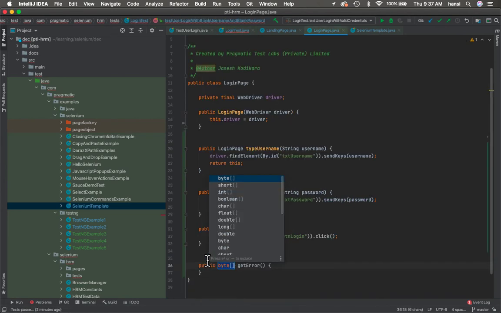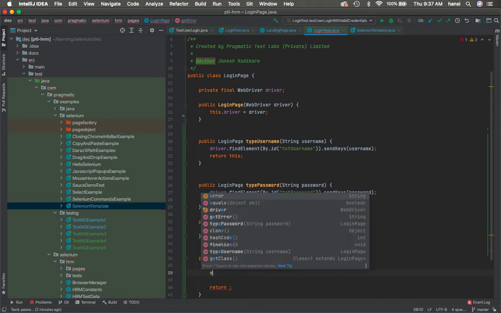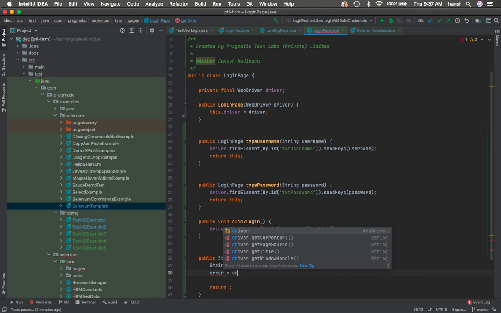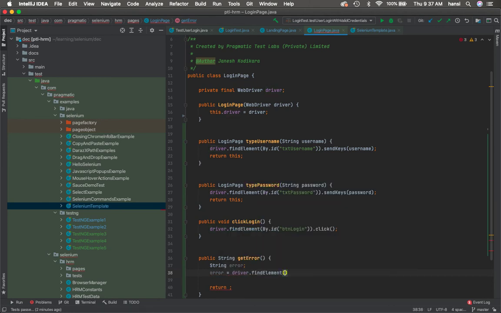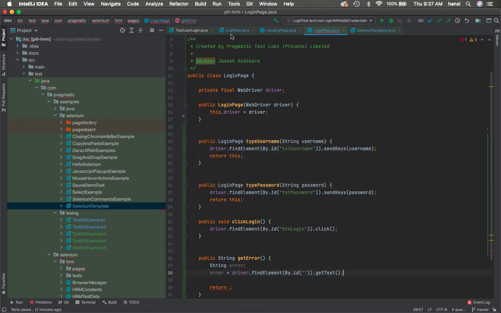Let's create the method inside the login page. For getting the error, I need to access the element. String error equal driver.findElement by.id. Within double quotation, I get the ID. Then with the element, call the getText method. So let's get the ID, inspect the element, and copy the error message and paste it in the